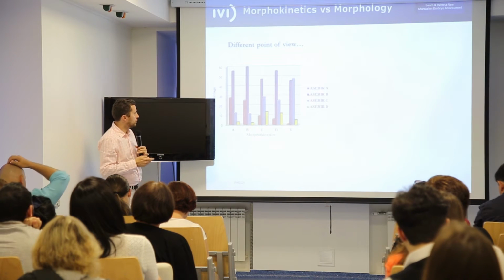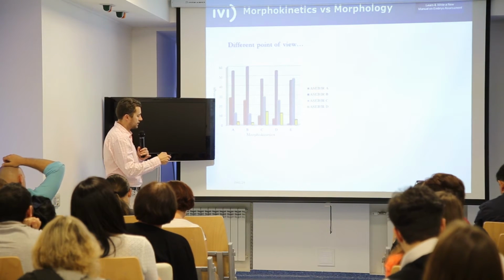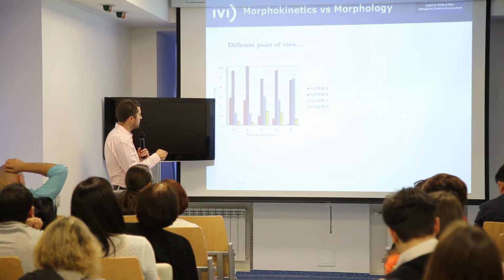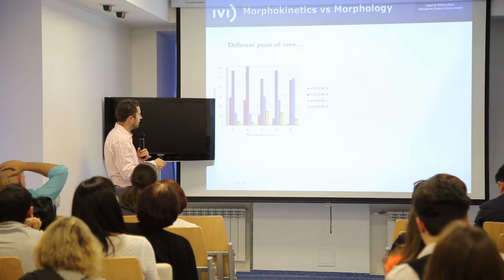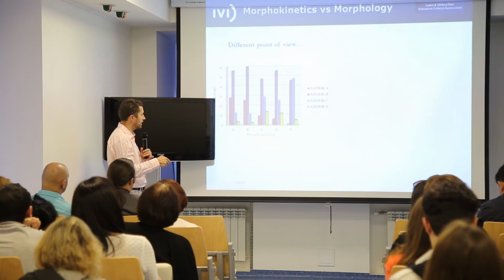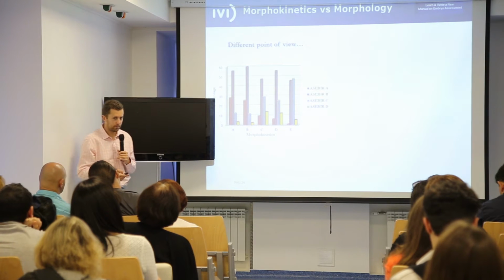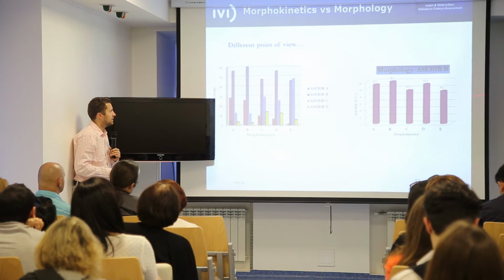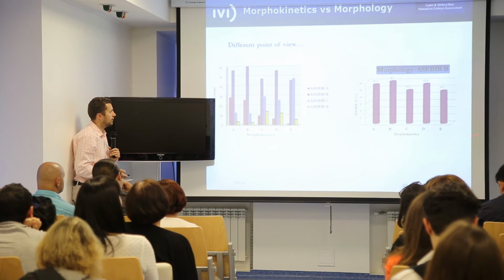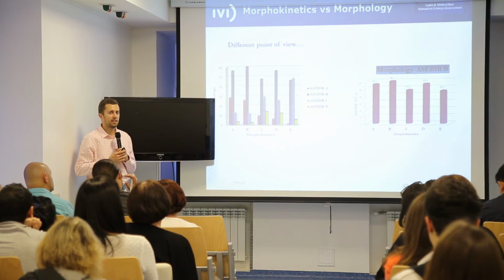Just take a look from another point of view. These are the categories of Messenger in colors, and these are the categories of our algorithm. If you see, the most frequent category of morphology in each one of the categories of morphokinetics is the B1, the B category of morphology. And even, for example, in a B category morphology, I can find all the categories of morphokinetics, which means that